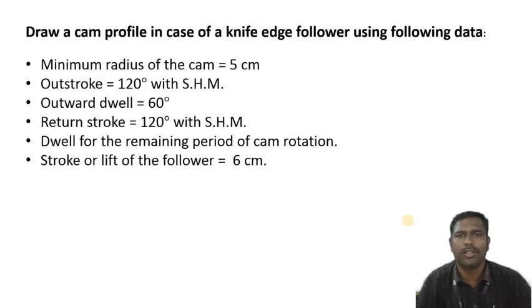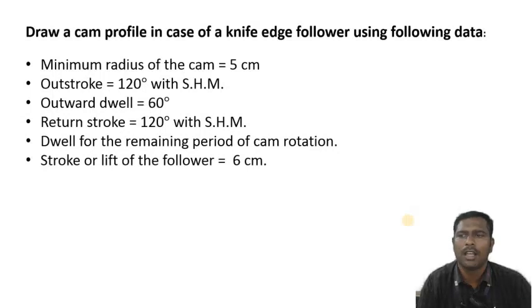In this small video, we are going to draw a cam profile of a knife edge follower in simple harmonic motion. The given data for the particular problem is: minimum radius of cam 5 centimeter, outstroke 120 degree with simple harmonic motion, outstroke dwell 60 degree, that is the stroke followed by dwell, then return stroke 120 degree with simple harmonic